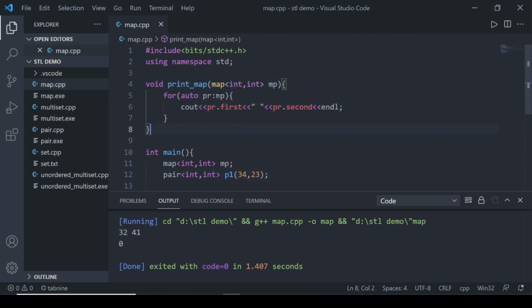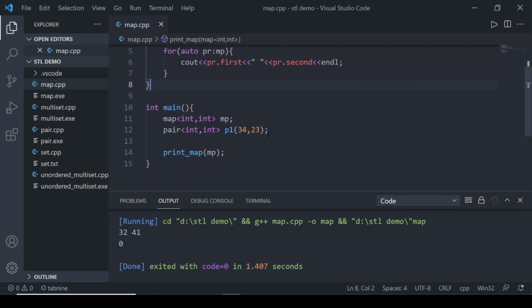It iterates over each element in the map, and each element is a pair, and it prints the values of each pair. Firstly it prints the first pair in the map, then the second pair, and the keys are in sorted form. So this is how we can print the map.